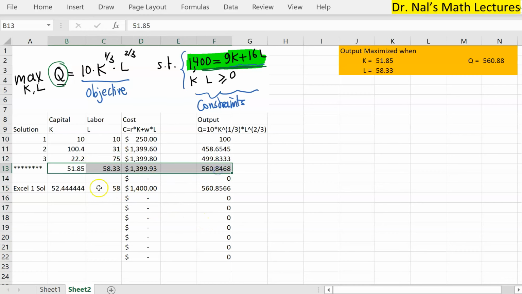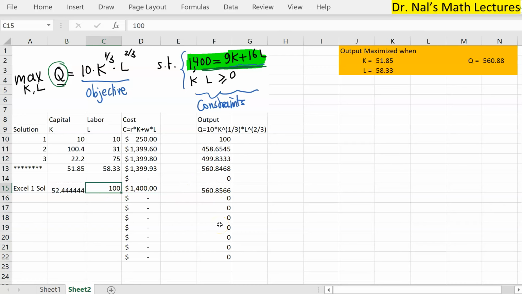We know the optimal. So I don't want to do guess and trial, right? I want to find the L here, keep changing the L such that, well, this one I don't have to worry about the constraint anymore. It's fixed. All I need to worry about is maximizing this. So let me just put in a random number. Okay, so let's start at 20. Okay, there you go. All right, so what I will do is I can just go ahead and use Solver